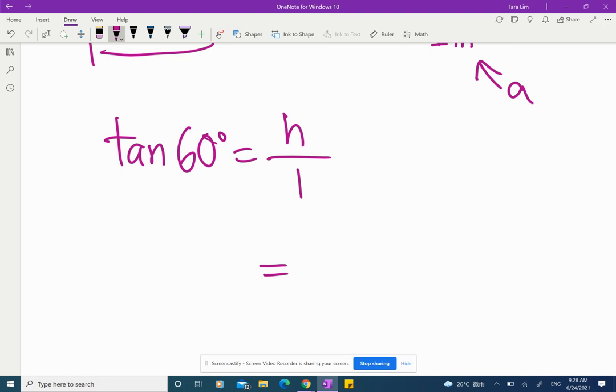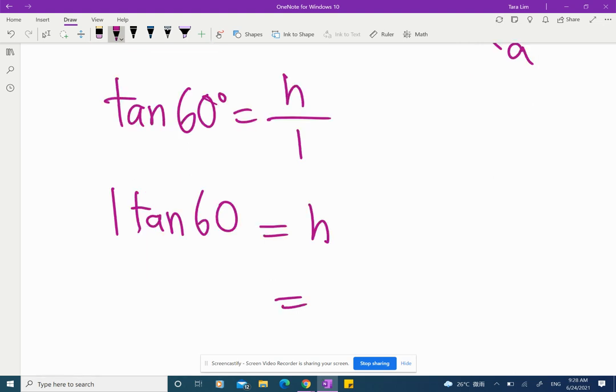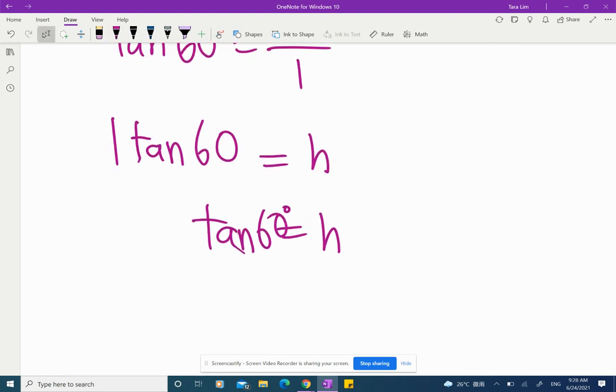So now we want to know what H is. So 1 times, you can just write 1 tan 60 degrees is H. And we know that everything times 1 is just the same. So H is equal to tan 60. And if we use the calculator to solve what tan 60 degrees is, we can try. Use your calculator and click tan and then put 60. And then what did you get? We got